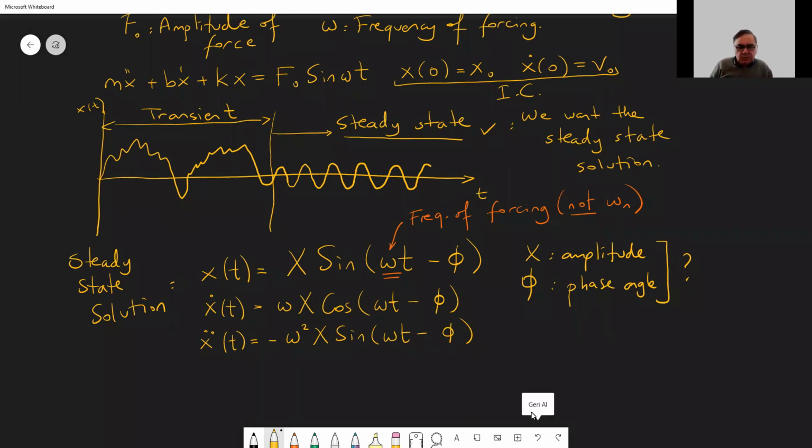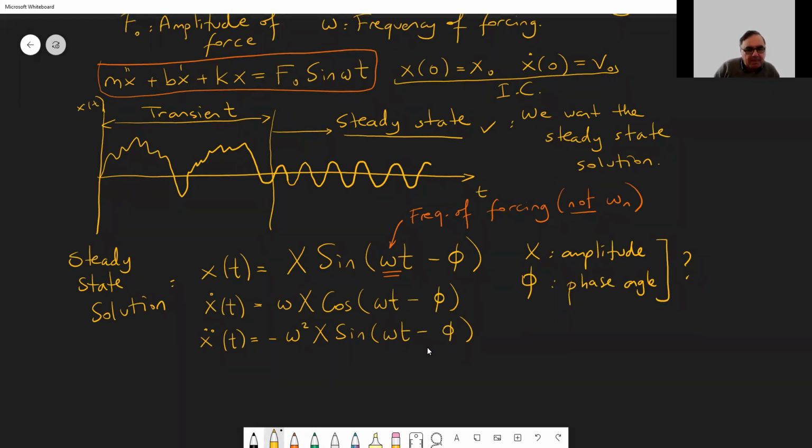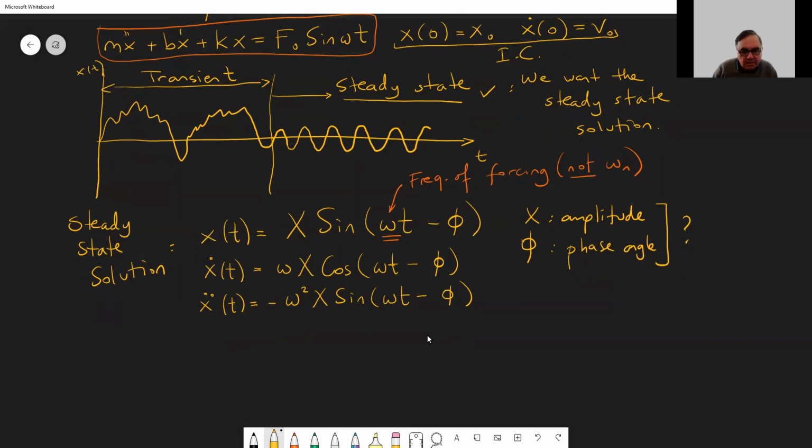So we substitute it into our original equation, which is this one, as you might remember. This is our original equation. Okay. So you substitute that in, and what we get is the following: